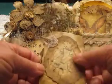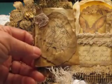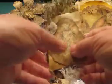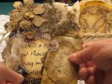This is another little glassine bag. I love these little girls. I found a whole bunch of these, and these are free printable, royalty free. They're on Etsy. I mean, they're on Pinterest. And I've got that on a piece of corrugated cardboard. Had some of my creepy cloth,